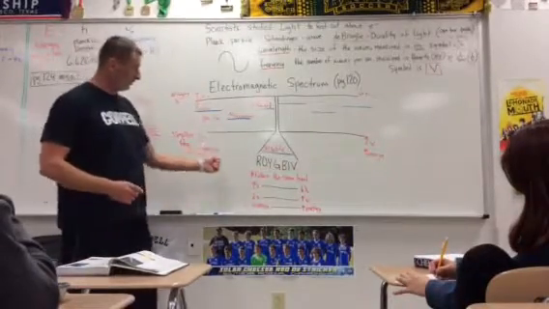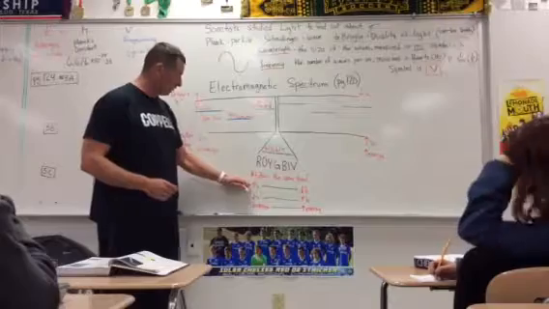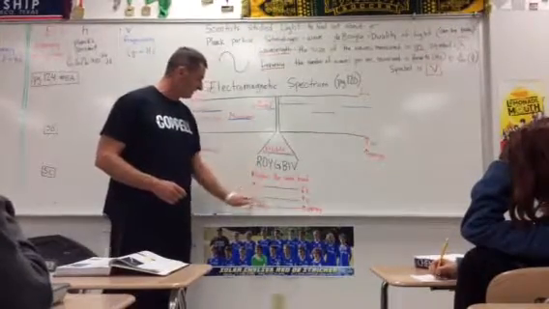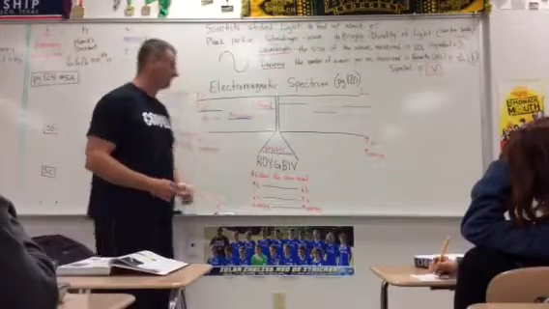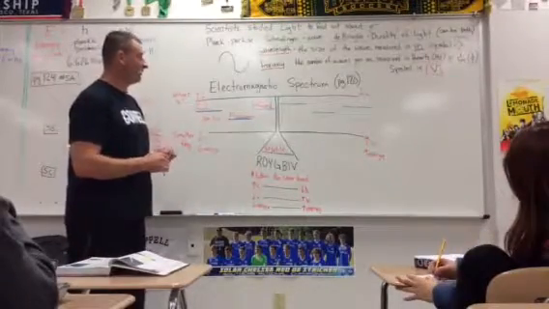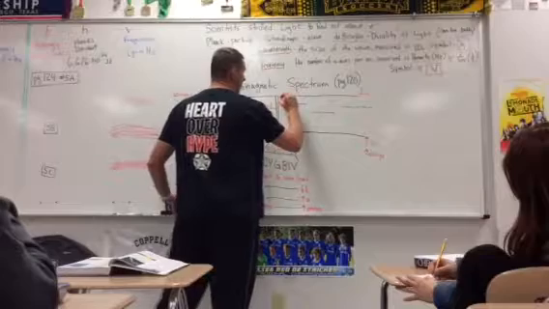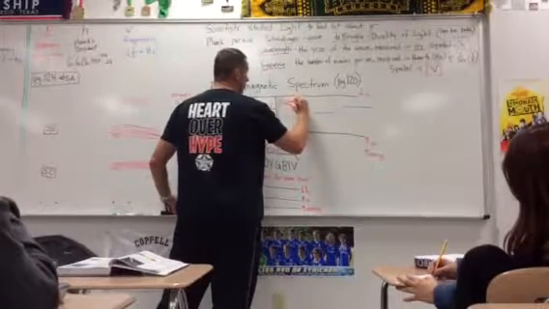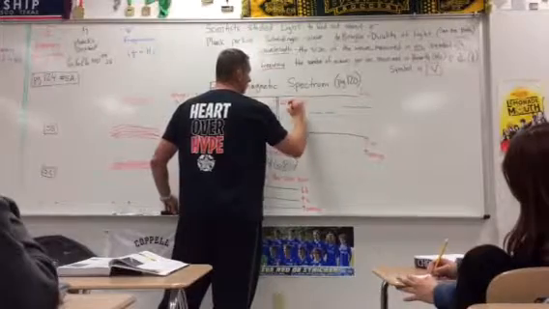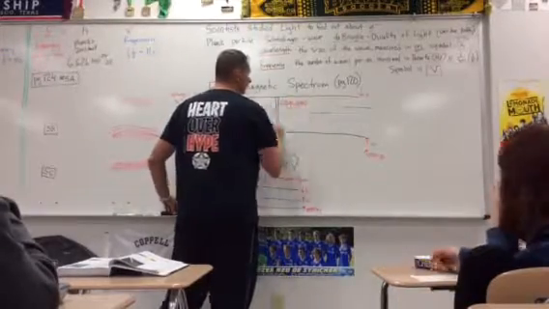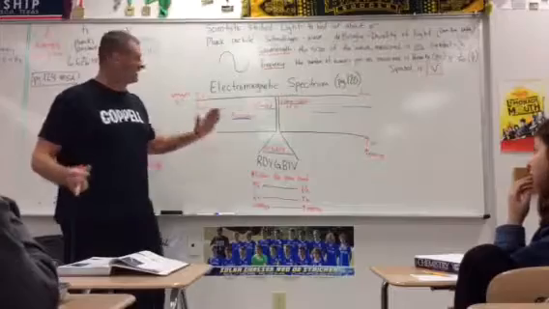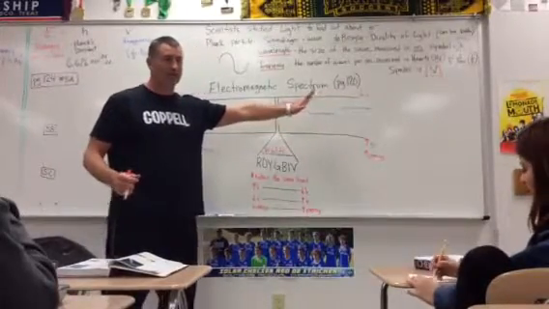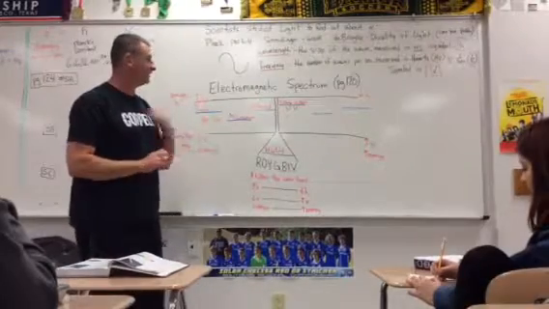All right, so they're in order from longest wavelength to smallest wavelength, lowest frequency to highest frequency, lowest energy to higher energy. Now, the next one is called ultraviolet rays, or UV rays. You've heard that before. Ultraviolet rays will kill you. Anything past visible light will kill you if you have enough of it. It'll damage your cells, give you cancer.